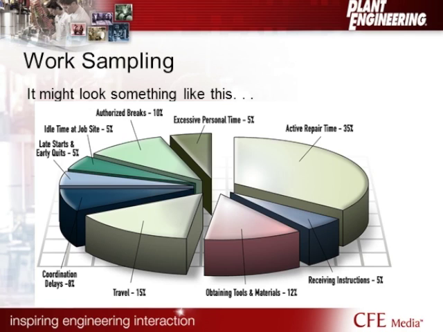What's interesting is, if your active repair time is somewhere around 35%, and best practice is somewhere around 50, 60, maybe even as much as 65%, depending on how you calculate it, what you begin to see is that if I can remove the waste from this work sampling chart, or at least reduce the waste within it, it frees up a lot of man hours. It could even lead to doubling the throughput of your workforce. So, a few ways to address this.